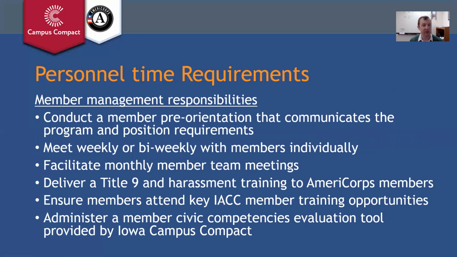So we want to know that you're conducting a pre-orientation with your members, meeting with those members regularly, weekly or bi-weekly, individually, facilitating monthly team meetings, delivering a Title IX and harassment training to the AmeriCorps members, ensuring that they're attending key member training opportunities such as the Civic Action Academy, and also administering the Civic Competencies Evaluation tool that we'll provide your site to be able to evaluate your members' civic